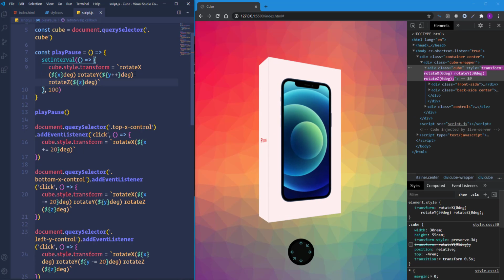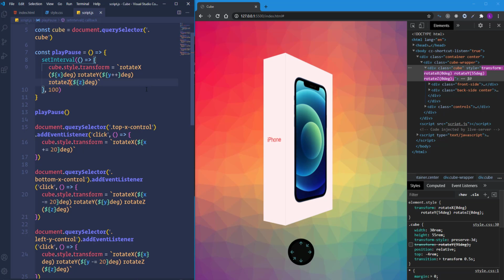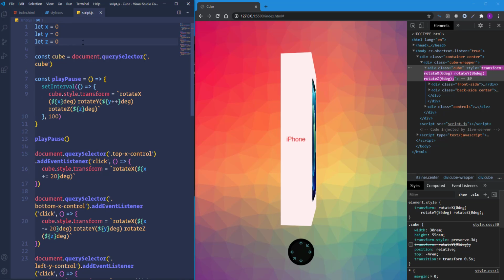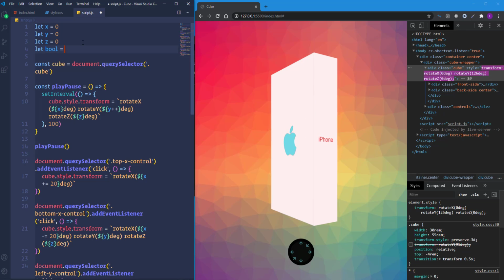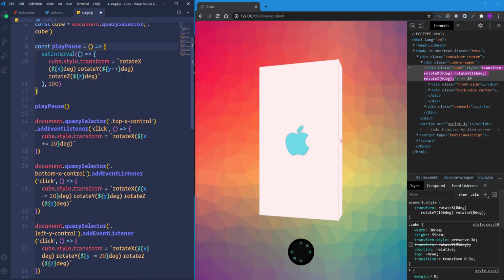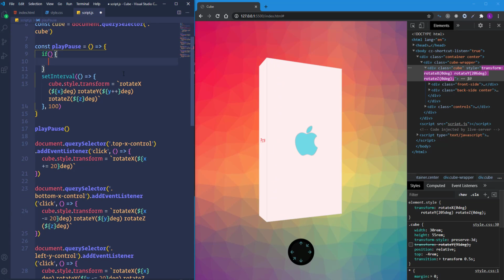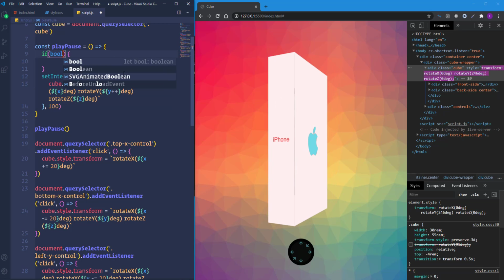The only thing that I'm going to do is to stop the cube from rotating once we hover over the controls. For that we need to create a new variable which will have the boolean value. Let's call it bool and set it to true by default. So now we need to create an if-else statement inside of the function, and as a condition I'm going to insert here bool.